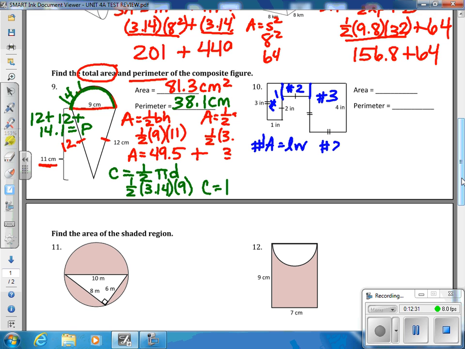Then number 2, I'll do length times width. And for number 3, I'll do length times width. Okay, now before I can do any of that, there's some markings on this picture that tell us some key information. Notice they didn't give you all the numbers, but they gave you enough information with these markings that you